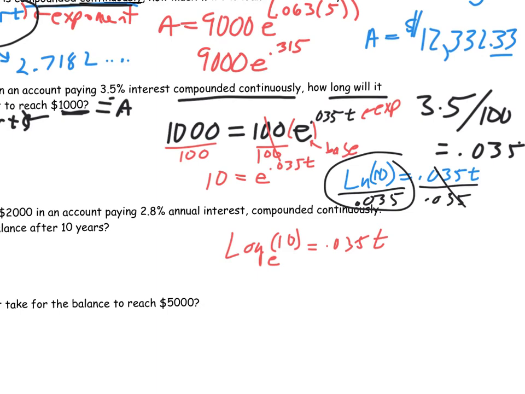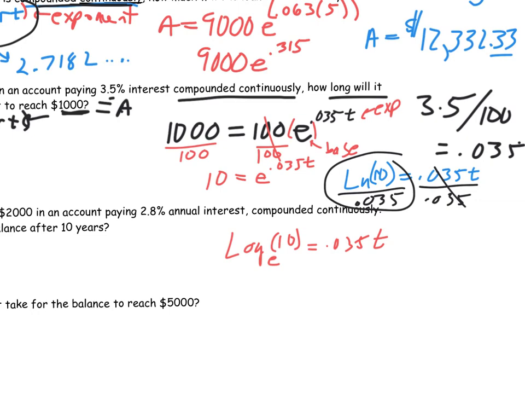So ln, go to functions, and ln is in that first column. It's 1, 2, 3, 4 down right there. 10. Finish off those parentheses first, you have to, and then divide by 0.035. And there it is,